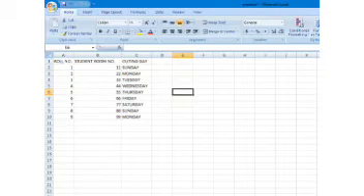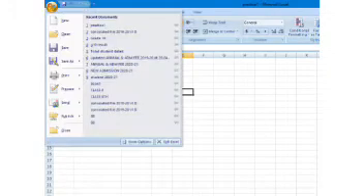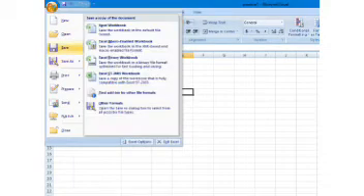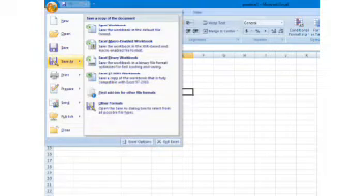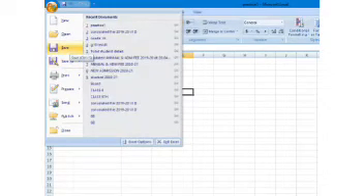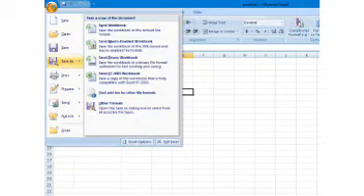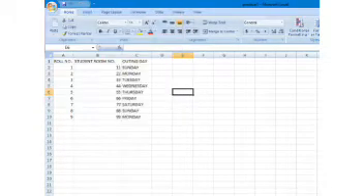So what you will do, you will go to the Office button in the file. Now you will not click save, you will click on Save As, because we have already saved the original one. Now we want to save the edited document, in which we have done some changes.